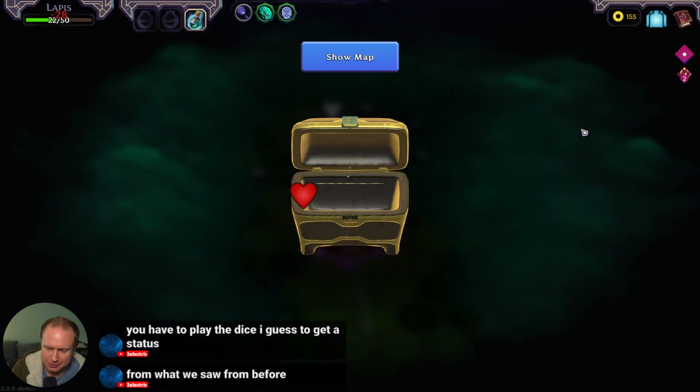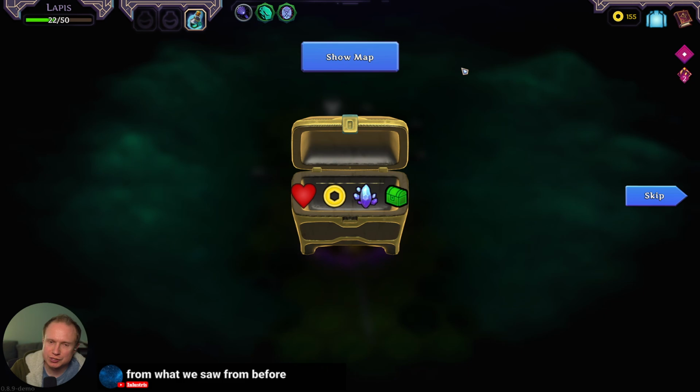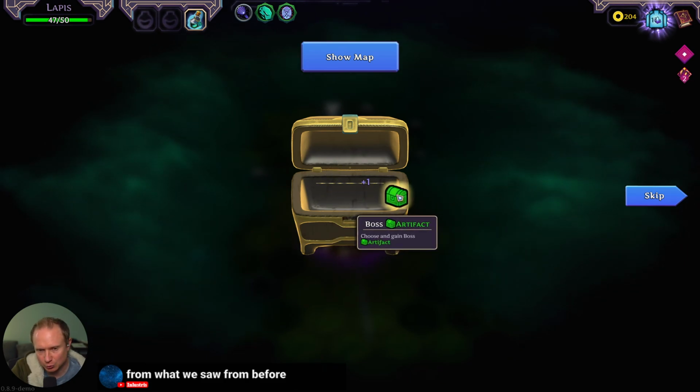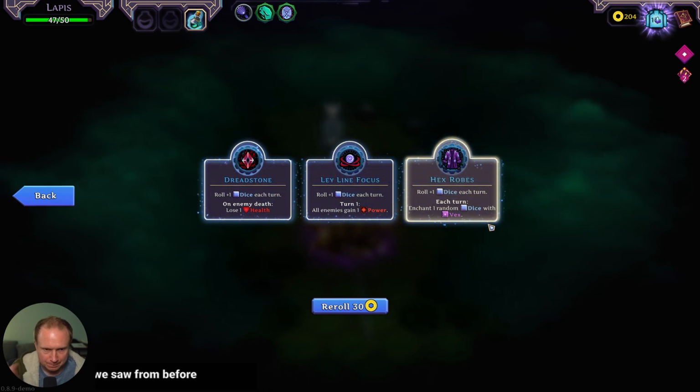You have to play dice to get statuses. So the statuses are the buffs that show up under our person, I'm pretty sure, which is different than... I thought the modifiers there were also statuses, but...